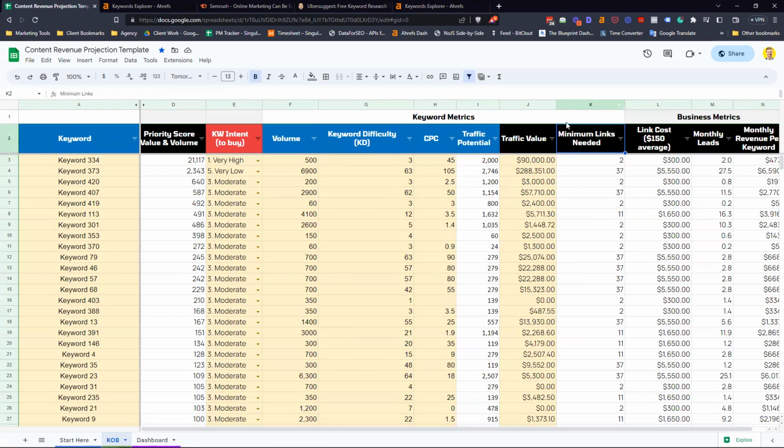Next, we have minimum links needed. What we're saying here is we would need at least 2 links from other relevant websites to this particular piece of content for us to rank at very minimum. Now, it could be more, it could be 10, it could be 15, it could be just 3. It could be less, it could be 0 for whatever reason. Maybe your content really nails the mark and Google loves it and it's 0. What we're trying to do here is just provide an idea of how many links are going to be needed,